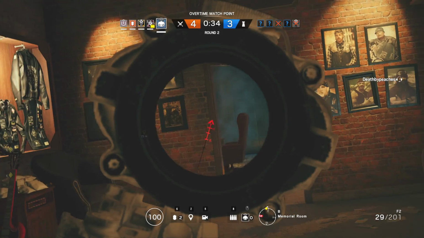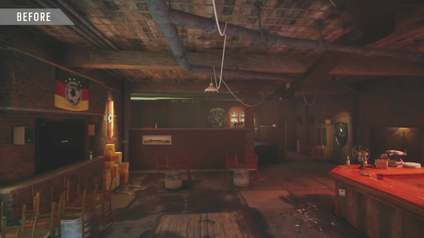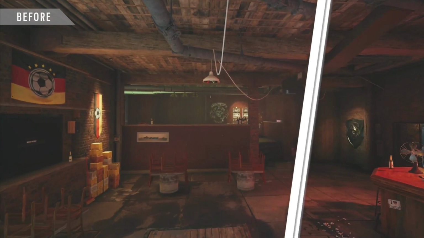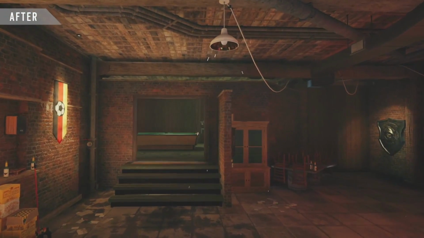Another big adjustment that Ubisoft is making is that they're going to be changing up the billiards room. Here is the before, which we're all accustomed to, and here is the after. Now, we don't know where the sites are going to be located. It's difficult to tell how the map or how the objectives are going to play into this, but I imagine